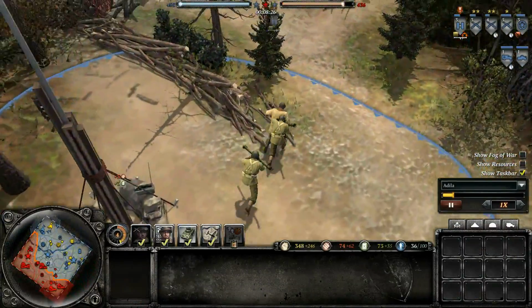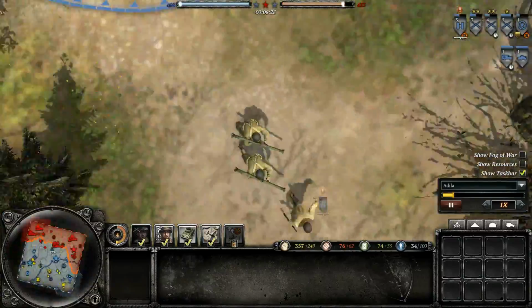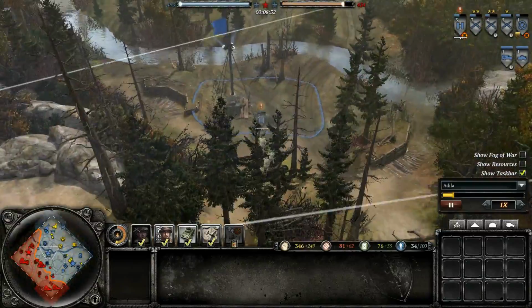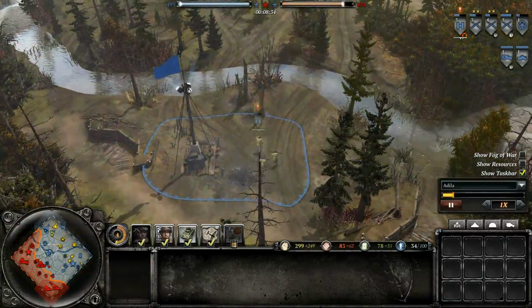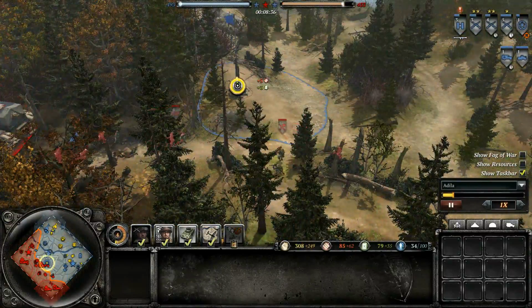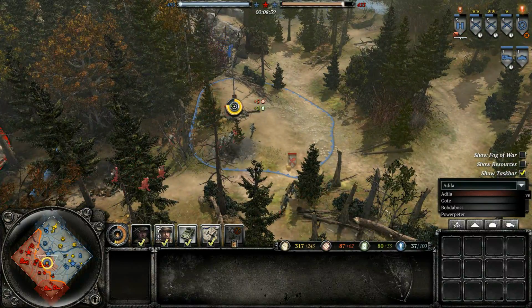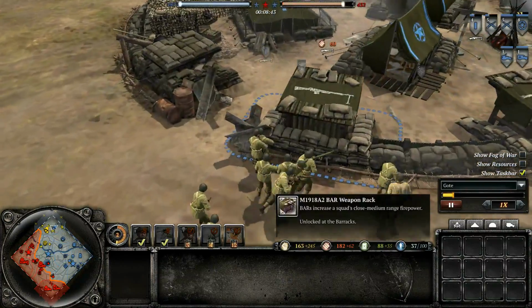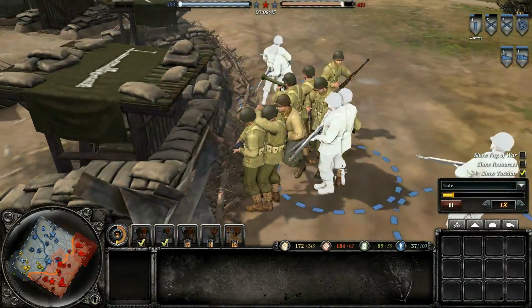Actually has some, those are either bazookas or recoilless rifles. I'm not enough of an expert right there. Probably bazookas. So, Captain comes with 2 bazookas by default. Yeah, I'm going to say they're bazookas. Let's see if I switch over to Gote's view. Yeah, so Gote has the lieutenant, and he's a little harder to get a look at,